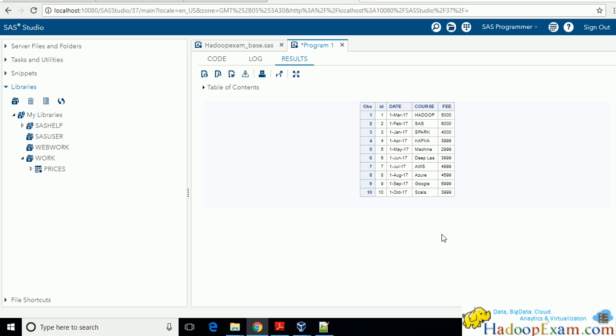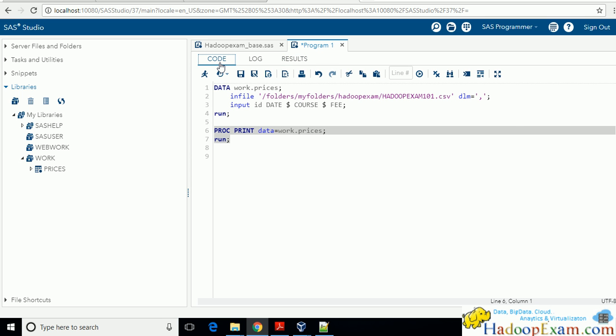So this is the run, and you can see a beautiful report has been created over here. This is the same data set, but it has been created in a proper format. Now I don't want this observation column, how to remove it? I want to change the name of the header. I want to give a title to this report. How to do this? There are various things available to do this.